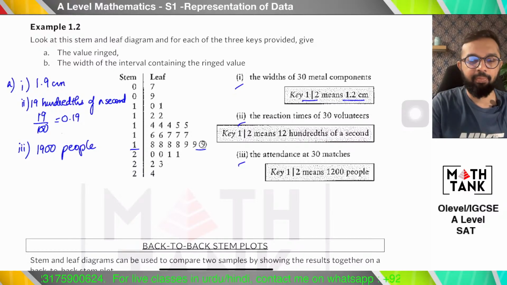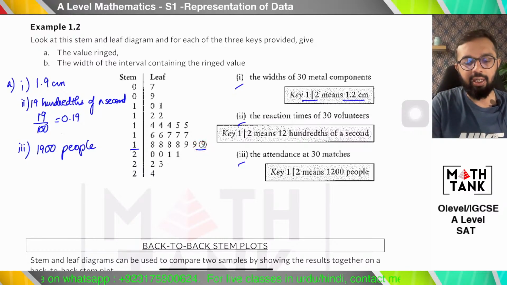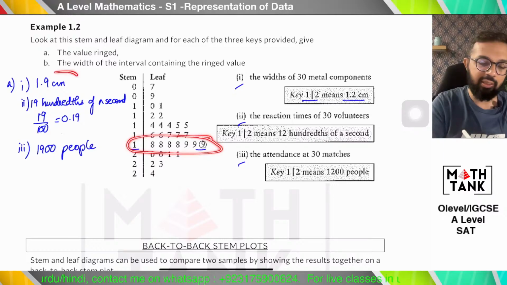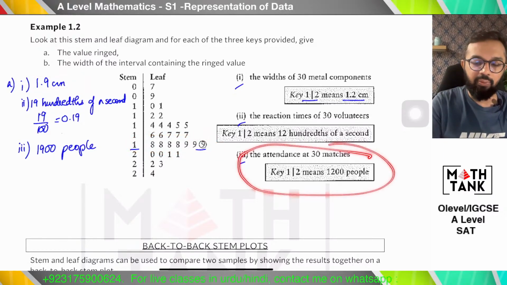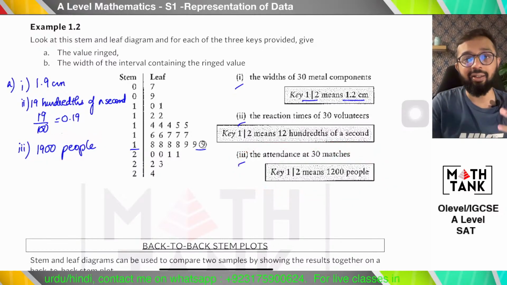सर ये फर्स्ट पार्ट कैसे किया, repeat करेगा? मैंने ये जो वैल्यू थी इसको रीड करके बताया है। दिस 9 वाज सर्कल्ड, सो आई रेड 9, सो 1/9 बन रहा था। उसने बताया था पहली की के हिसाब से, दीज आर 3 कीज दैट आर गिवन टू यू। पहली की क्या कहती है, द विड्थ ऑफ 30 मेटल कंपोनेंट्स की, 1/2 मींस 1.2, तो मैंने 1/9 को 1.9 रीड किया। थर्ड वाली 1/2 मींस 1200 पीपल, तो मैंने कहा 1900 पीपल।